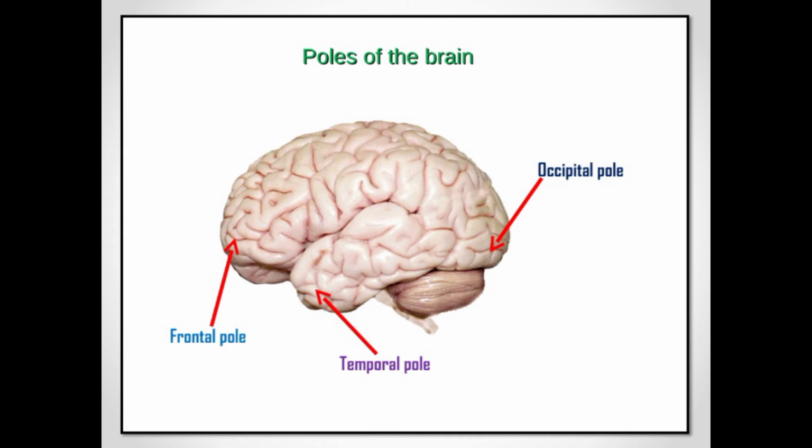Then, if you look at this part of the cerebrum, you can see the surface of the cerebral cortex presents irregular elevations. Can you see some irregular elevations here? These elevations are called gyri. The gyri are separated by linear depressions. You can see the depression here. These are called sulci. So do you know what we mean by gyri and sulci? Gyri are the elevated parts of the cerebrum, separated by depressions. The depressions are called sulci. So there are sulci and gyri present in the cerebrum.